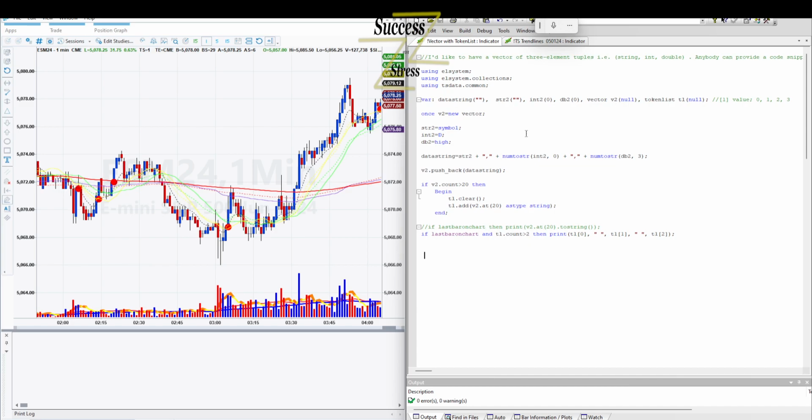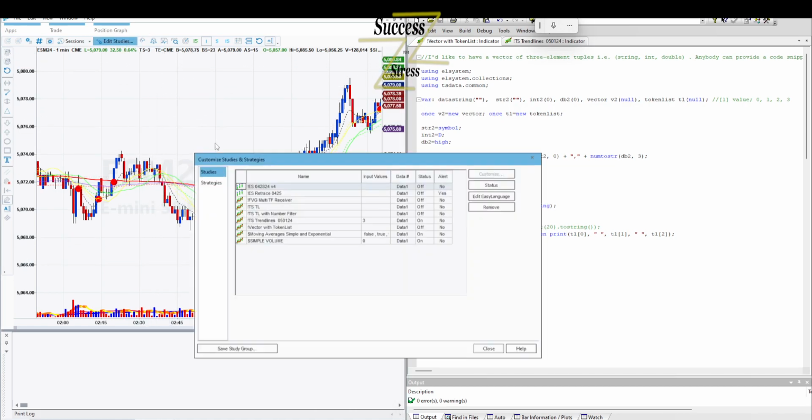Oh. We didn't, because now we went down here and we use a token list. We need to bring token list onto the chart. So we have to do a once, TL equals new token list. You have to do that with your objects and whatnot. All right, so verify there. Now we come back over here and we will